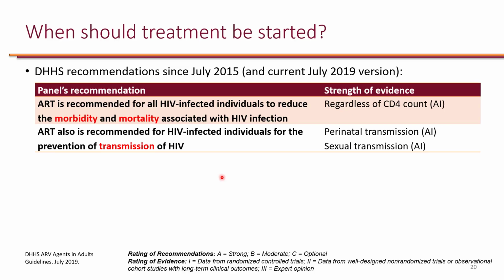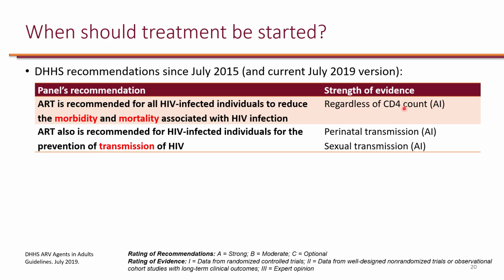So when should treatment be started in patients with HIV? Now, in the old days, the recommendation was based on the CD4 count. Patients who had a lower CD4 count were at higher risk of opportunistic infections, cancer, and of course mortality. And of course, older HIV drugs were very toxic, so we would reserve them for more severe patients. But nowadays HIV drugs are very effective, they're very well tolerated, and we have clinical evidence that regardless of